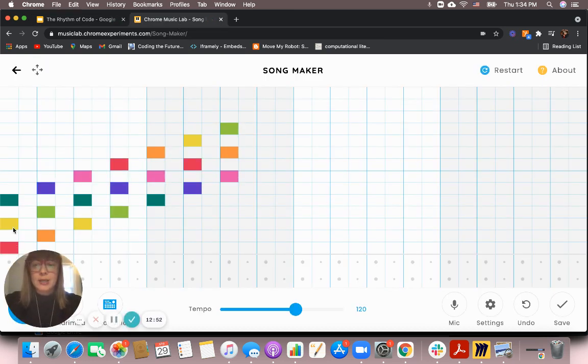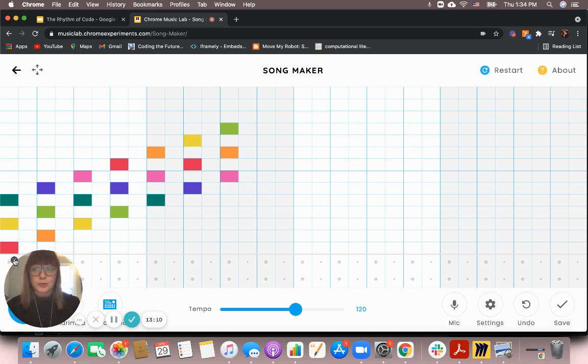And you can see here that I've created the chord. I've kept each chord in one bucket of a box, and then I moved over to the next so that each chord goes up an octave. And when I hit play,